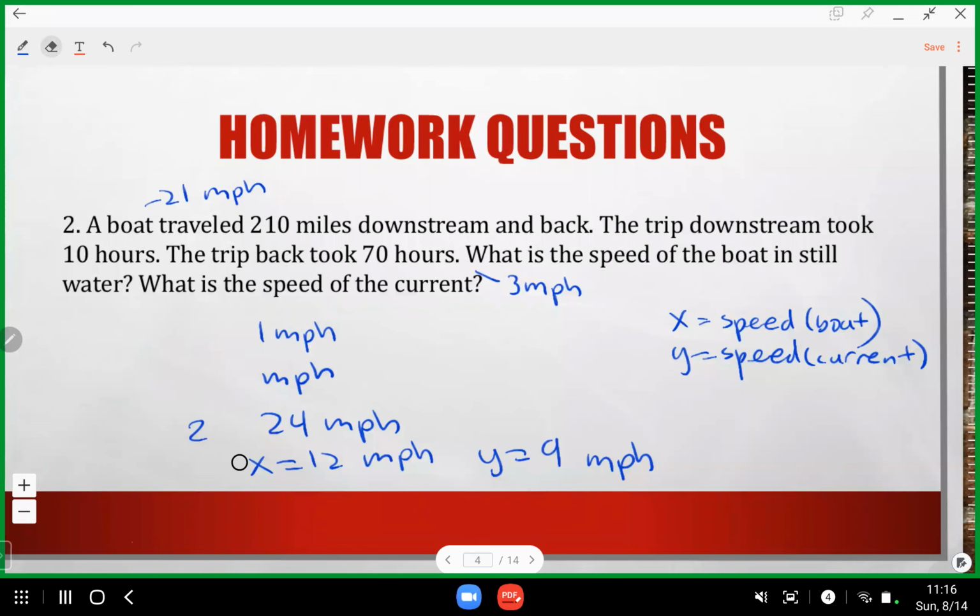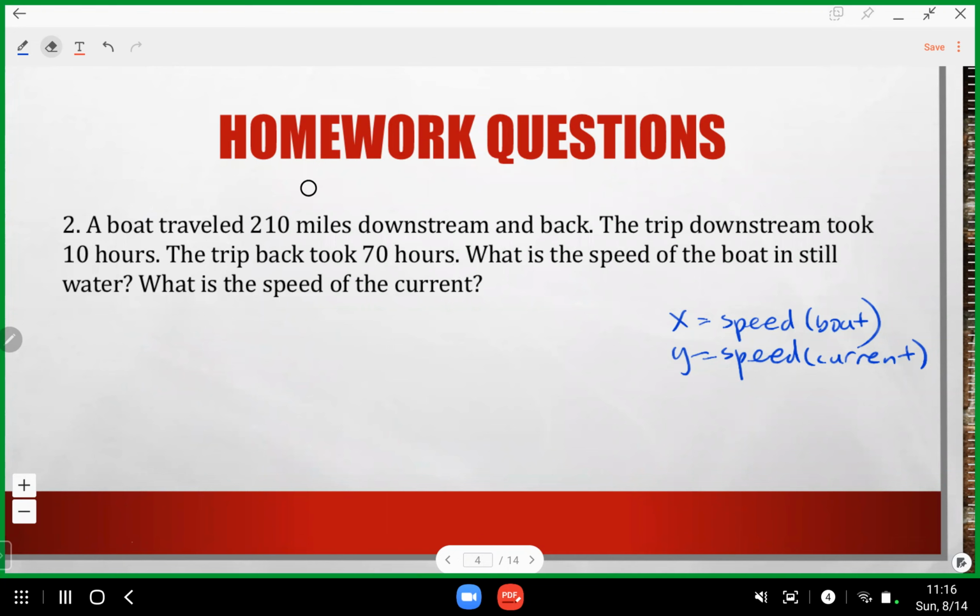So I used S is the speed of the boat in still water, and C is the speed of the current. So, since the